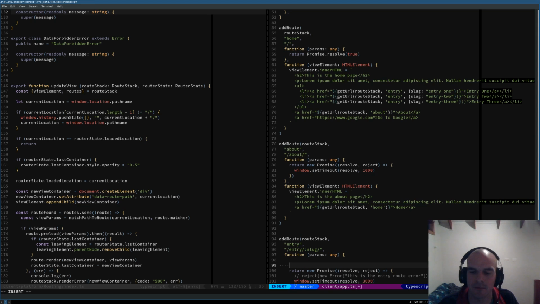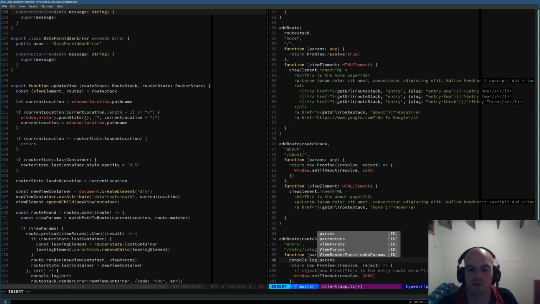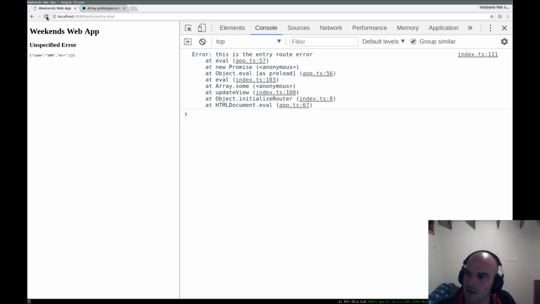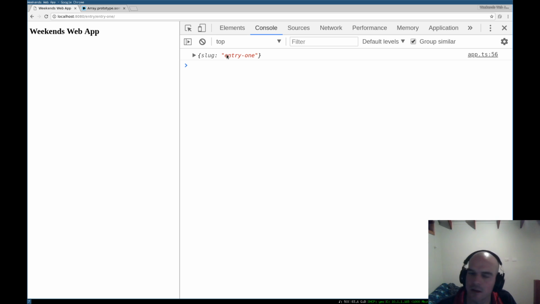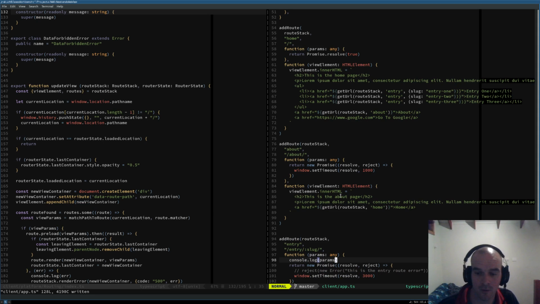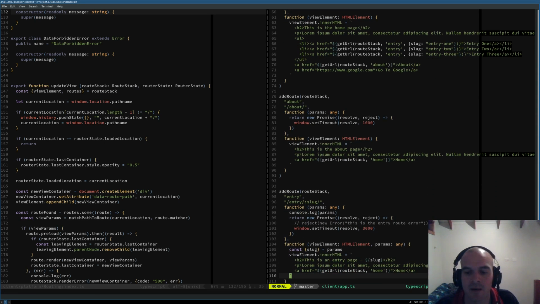Actually, yeah. No, I'm going to fix it, and then I'm going to check out how the shape of these params look. I mean, it should look just like a slug. Yeah, slug entry one. There we go. Okay. So what we're going to do is basically do some checks. We're not going to check any data source or anything like that, because there is no data source. But what we're going to do is something really facile, where we go